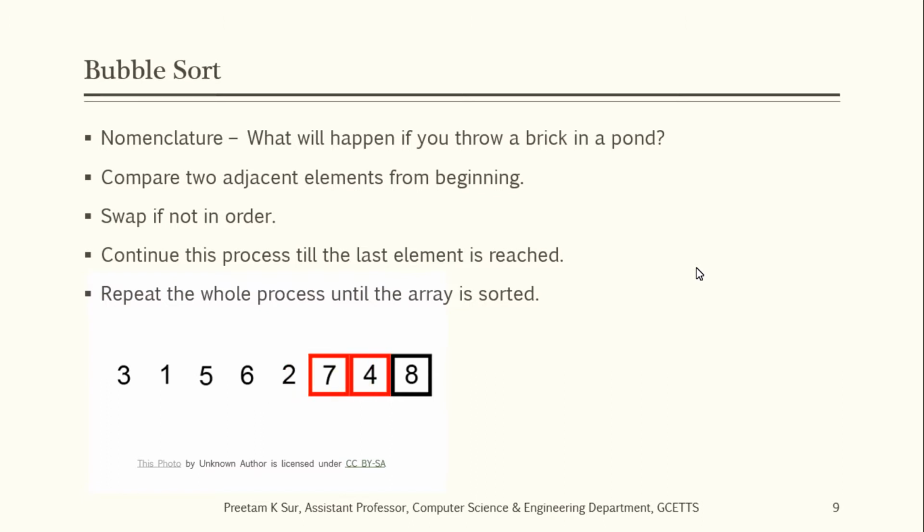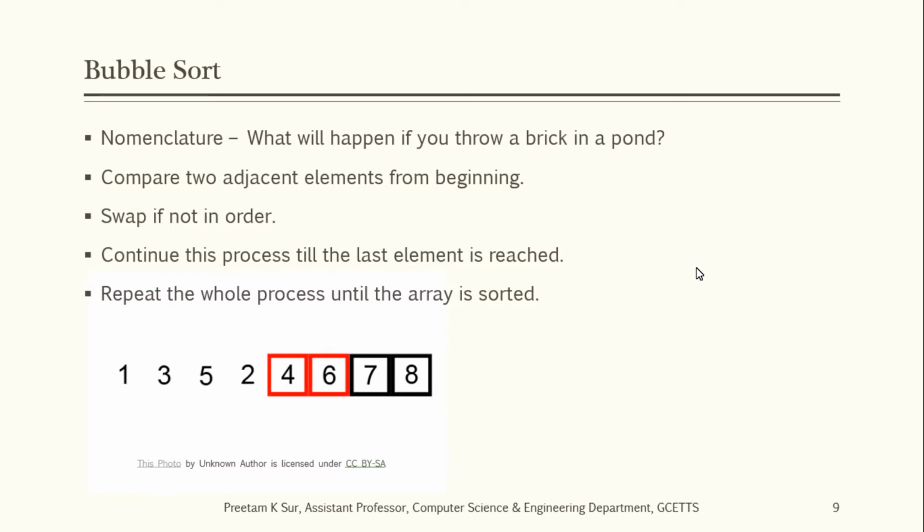So likewise this process will continue, and you will find that the whole array is sorted eventually once all the iterations are completed. Now at this point 3 and 1 will be compared. Since they are not in order, they will be swapped. 3 and 5 are in order, so they will not be swapped. 5 and 6 are in order, so they will not be swapped. 6 and 2 are out of order, so they will be swapped. Now 6 and 4 are again out of order, so they will be swapped, and you can see that 6 has come to its place.